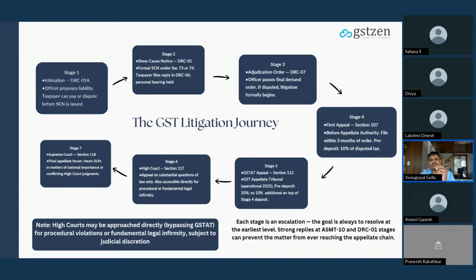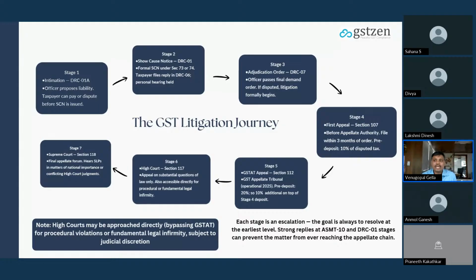That's my stage 3. So there is a dispute. Now at this point, you have two choices. Choice number 1, you are okay to pay. Okay to pay, either saying that, okay, the tax amount is small or it is not worth litigating further. You don't agree with the tax, but you're okay at the cost of buying peace, you're okay and willing to pay the tax. That could be the situation. Or you don't agree with the tax.